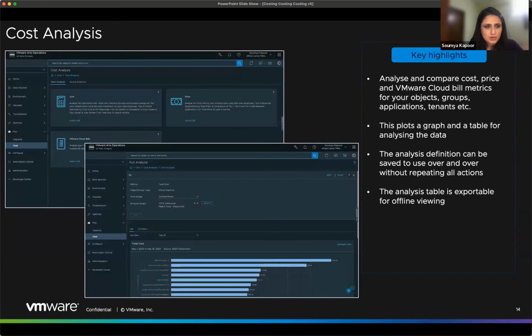Okay, so talking about cost planning capabilities, or what-if analysis as we like to call it, you have workload planning and infrastructure planning. If you go to workload planning, there is one for traditional workloads, and you have one for hyper-converged workloads as well. You have add and remove VM capabilities, as you can see here in the screenshot. What it basically helps you do is you go there and put in the VM properties, like if I want so much CPU, memory, storage,